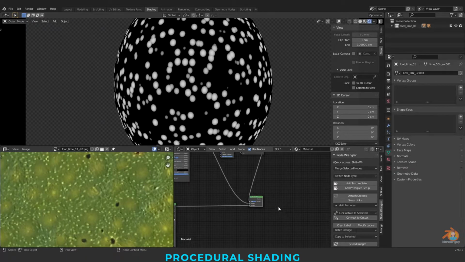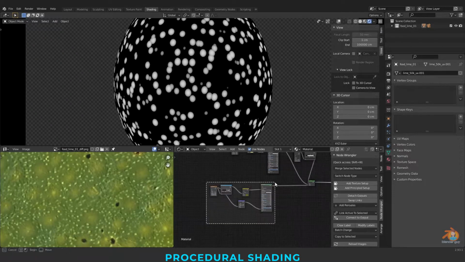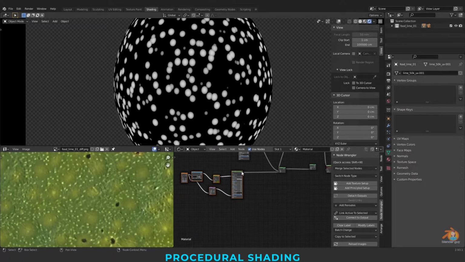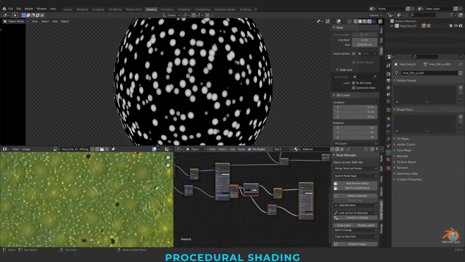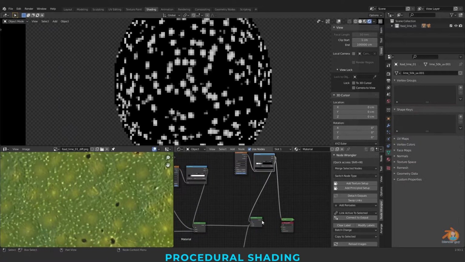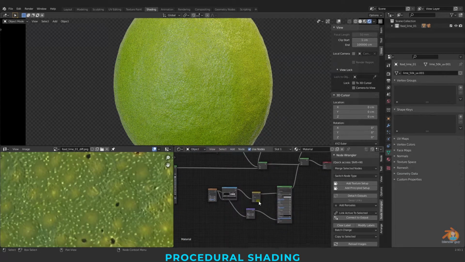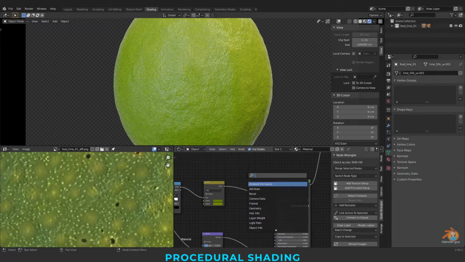Copy, paste, I'm connecting this. I'm just copy, paste, and connecting this and this to our mask. I'm adding a gamma node here.